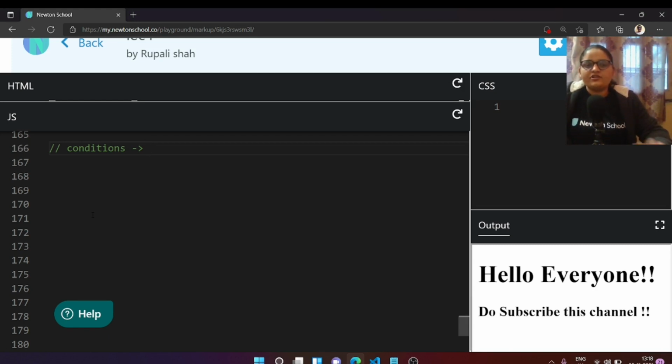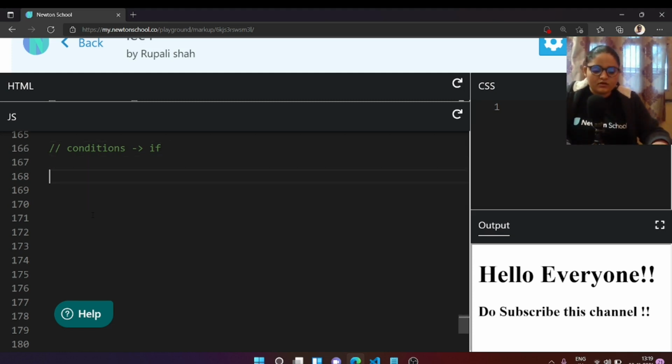Now in JavaScript, there are basically four ways to write conditions. There is an if statement, which can be written solely or with an else.